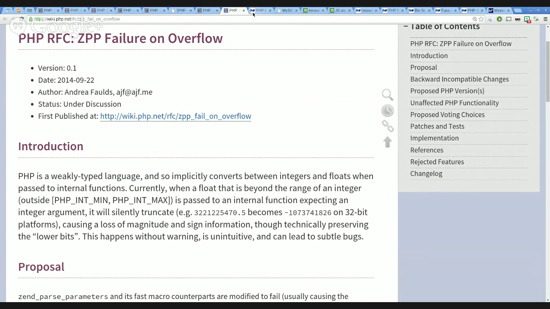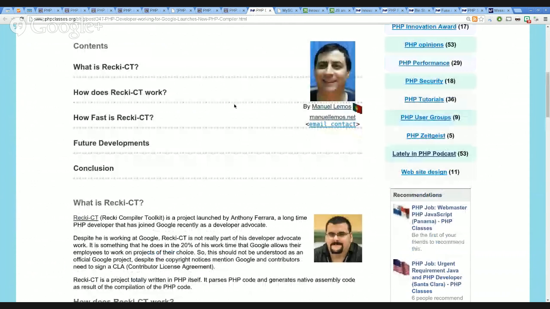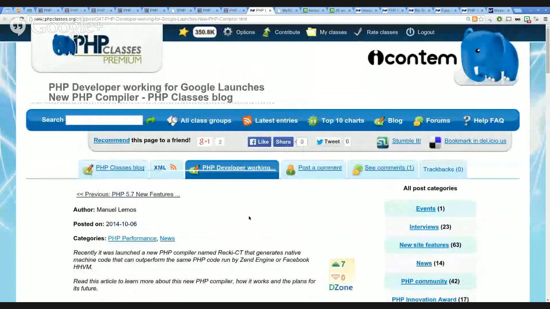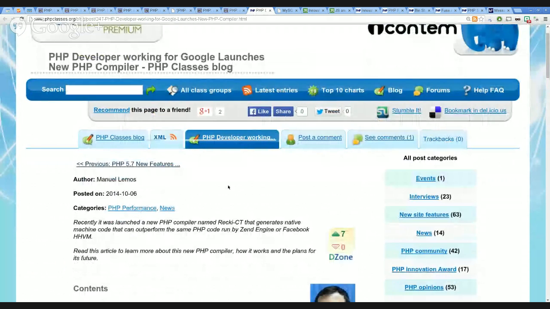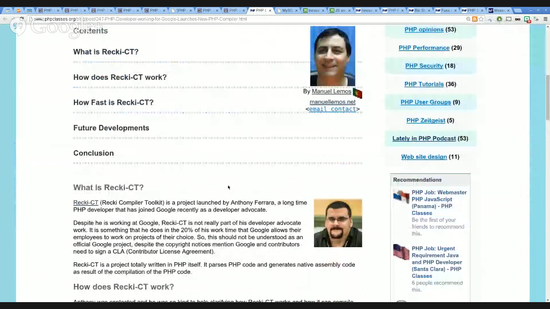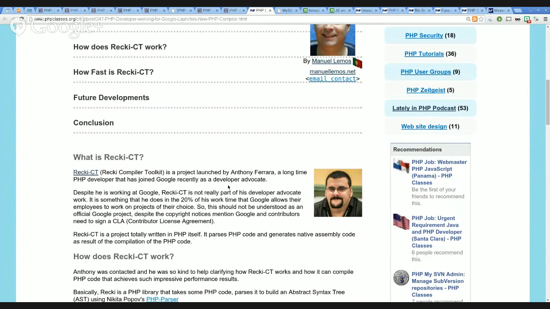Okay, then moving on, now we're going to comment about an article that I posted, related with a new PHP compiler that was developed by Anthony Ferrara. Recently, he started working for Google, as a PHP developer for Google. Wow. Yeah, he's working for Google as a developer advocate, and it was not really clear if this was a Google project or not, so I contacted him and he clarified that in reality this is not really a Google project because it is his own initiative, but since he's using his 20% of the work time that Google allows employees to work on projects of their choice,